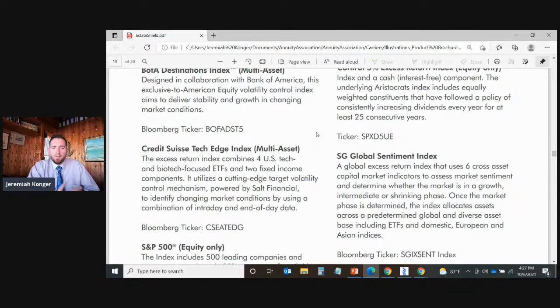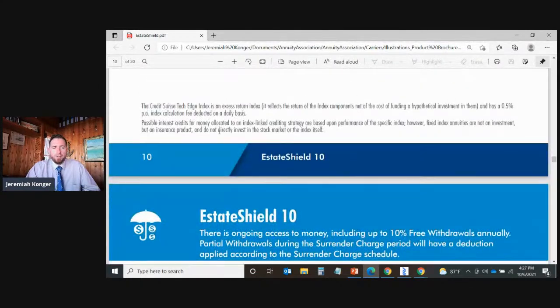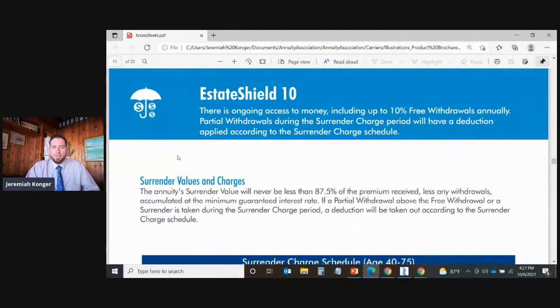So if we own this annuity during the last 10, 15, and 20 years, I'll be able to show you what these specific indexes and the index crediting strategies could have potentially performed at if the offerings that are present today were available back then, and give you at least an understanding of what those growth potentials could be if markets perform similarly moving forward, which we'll be taking a look at here momentarily in our performance analysis